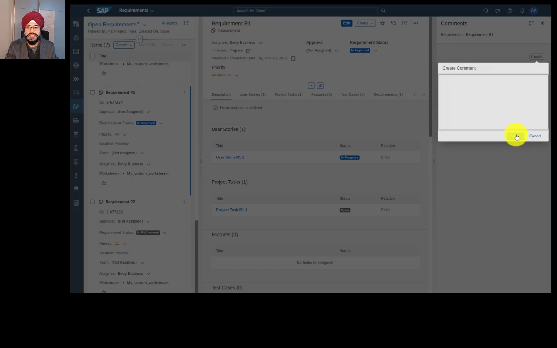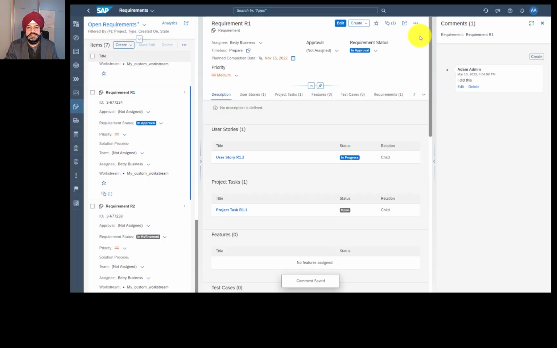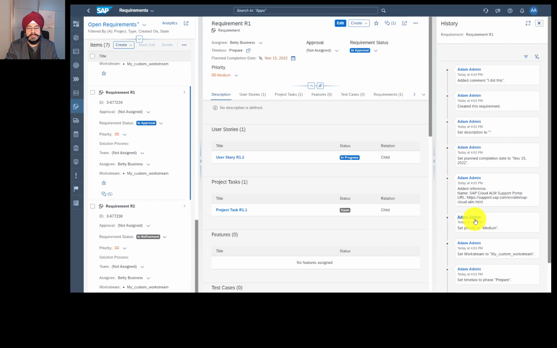So I added a comment. And let's see how's my history. And this is extremely efficient. SAP Cloud ALM supports a trust-based way of working in which a requirement assigned to person A can be processed by person B, and still they can view this history log to ensure that there is no abuse of this